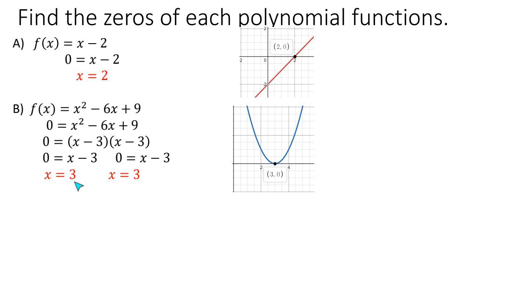Now notice here that the 3 is repeated twice. The degree is 2, that means you should have 2 zeros. Even though they're repeated twice, we do count them as individuals. So we have one zero here, and the second zero is 3. And because they repeat an even number of times,